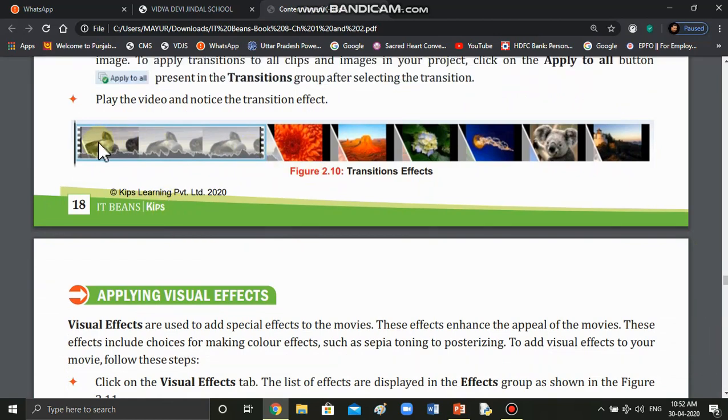So you can see here there are some transition effects showing here. It means all these clips have the same transition effects. It will be opened like this from bottom to top right.